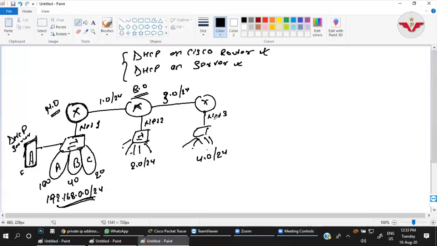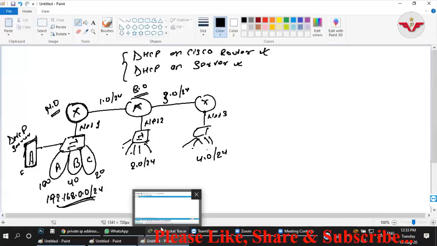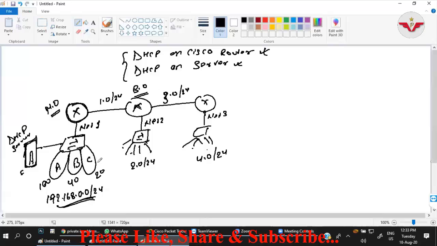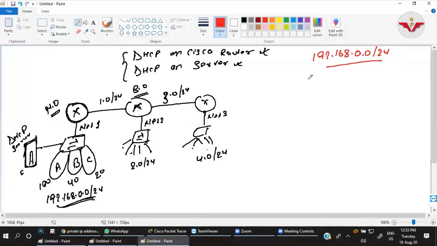First of all, we will plan our network and then implement it in Packet Tracer. For planning, let us do VLSM in this network. So my core network is 192.168.0.0/24.